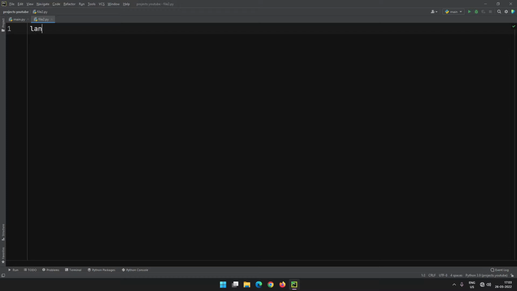We have to type landmarks is equal to 336, 296, 334, 293, 300, 283, 282, 295 and 285. Now we have to type print